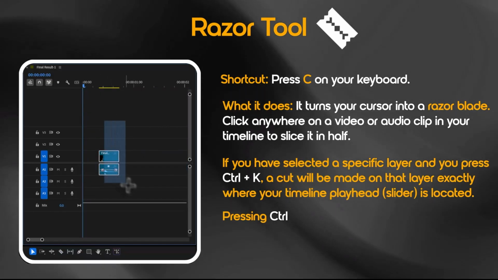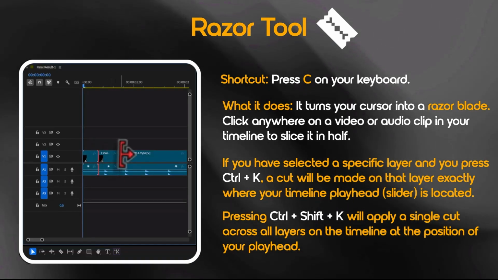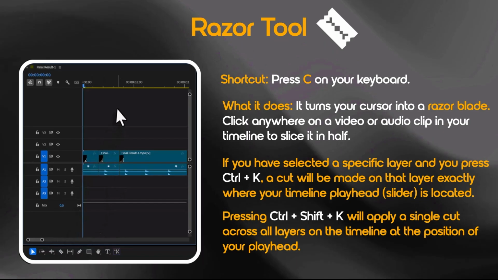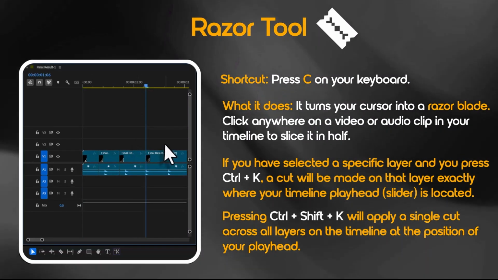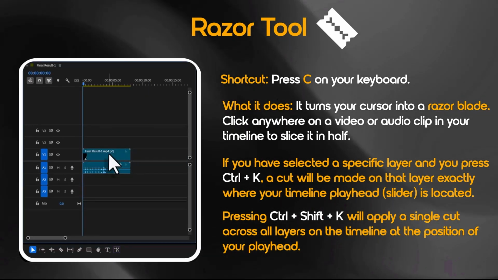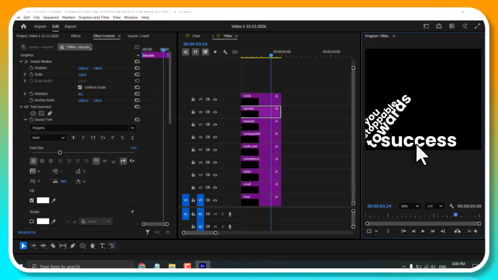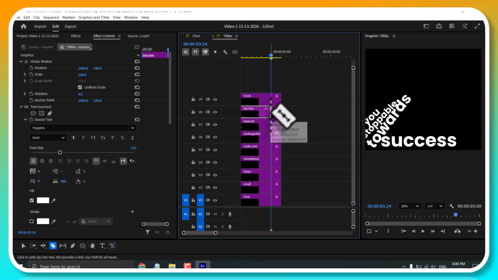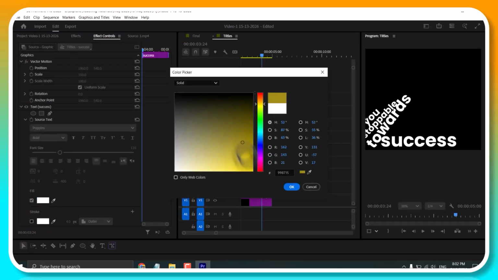If you have selected a specific layer and you press Ctrl plus K, a cut will be made on that layer exactly where your timeline playhead is located. Pressing Ctrl Shift K will apply a single cut across all layers on the timeline at the position of your playhead. With Control K as a shortcut, or C, you click on the keyboard. So I use the razor tool, then I go to the success properties after the cut layer, and I change